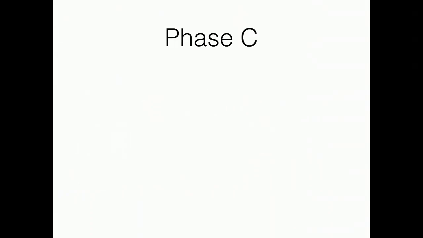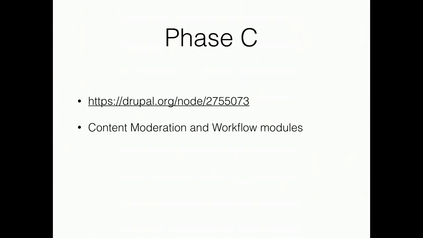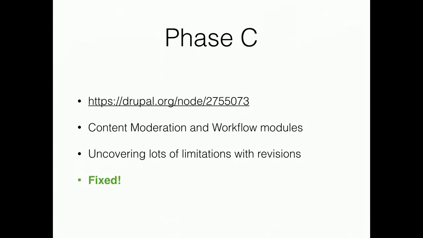We're jumping a few steps to phase C, which was all about content moderation and the workflow modules. As many of you might know, both of the modules are stable. Well, content moderation is hopefully being marked as beta soon, but it's stable code. It works well. Workflow module is definitely marked stable. Challenges throughout this phase of the initiative were uncovering a lot of long-lived limitations and bugs at the very heart of Drupal core. So we've done amazing progress there. We consider ourselves more or less done with this phase as well.